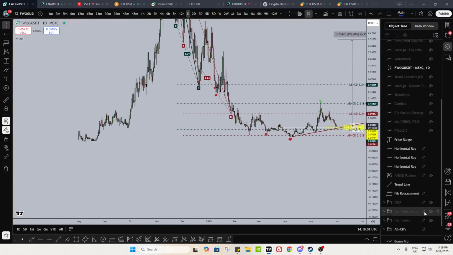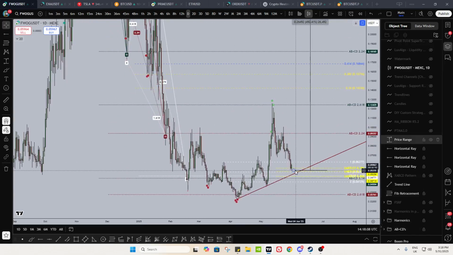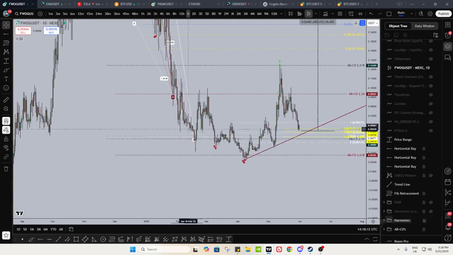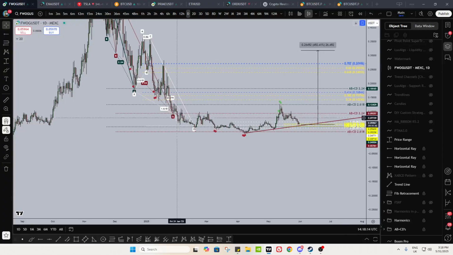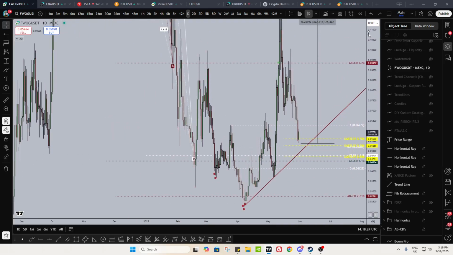This had a really nice harmonic in the past, right? Look at this. This is another one. 618 to 1.618. This is an area where you also have a crab. You have the 618 to the 1.618. You literally have a crab here, and I believe the hop of the crab is the 2.0. Have we hit the hop? Okay, no, we're nowhere near the hop, but we've hit the crab, right? So as long as you're above that, which is the crab 1.618, as long as you're above this region, all's good, right?